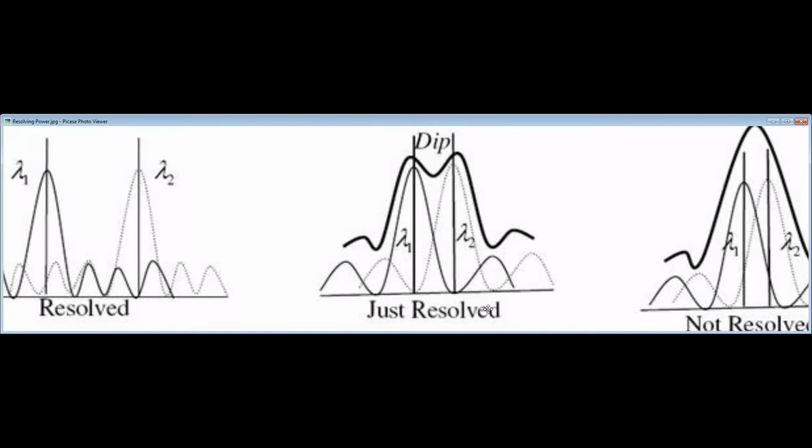The third figure shows the not resolved condition, in which the difference between the two wavelengths is so small that the resultant intensity curve consists of a single maxima. We can see that the diffraction patterns due to both the wavelengths lambda 1 and lambda 2 are overlapping with each other, and because of this reason the resultant intensity curve consists